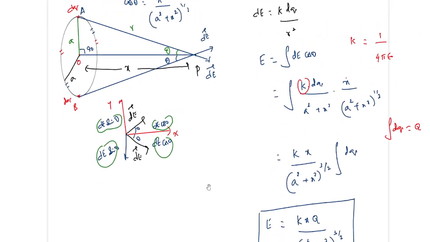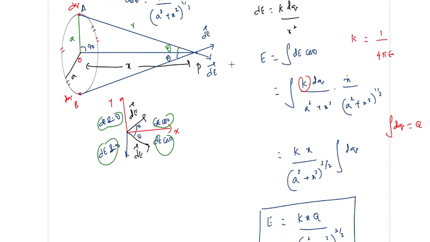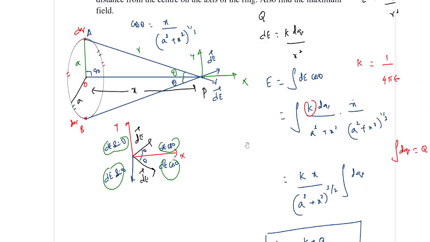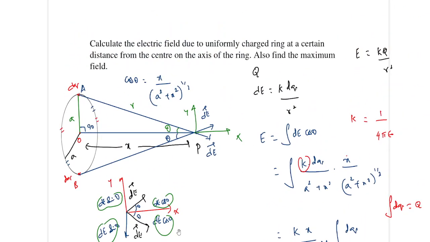Now here, if you look at this carefully, in this case there is a net field along this direction. So if you call this as x-axis, this as y-axis, so net field is along the x-axis. So in vector form, if you write this vectorially, this E is equal to k Q x by (a square plus x square) power 3 by 2 into i cap. So this is the field in vector form. The question says, the second part says, also find the maximum